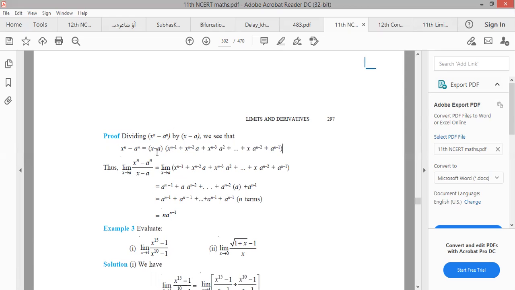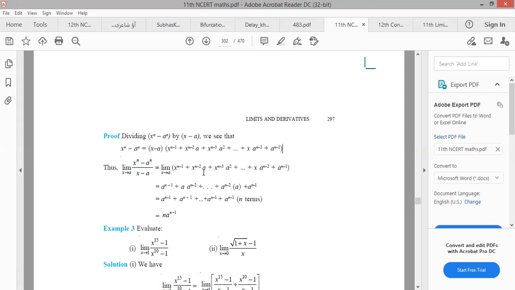So we will take the limit on both sides, dividing by x - a to the left hand side. So we get (x^n - a^n) divided by (x - a) with the limiting value as x tending to a, equal to the right hand side as x tends to a. The left hand side is as such; that is what we are supposed to prove. On the right hand side, we will evaluate, because there is no indeterminate form, and no question of any problem in finding the limit as x tends to a. If there had been any problem, then we would have first solved that by using some techniques.